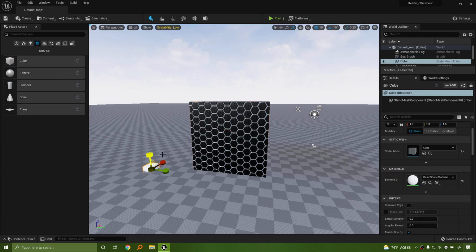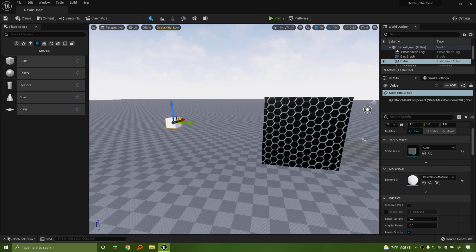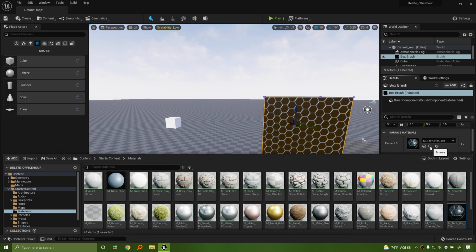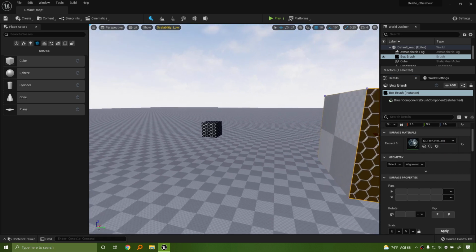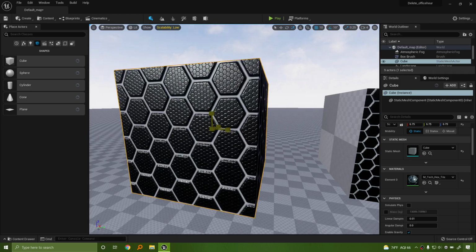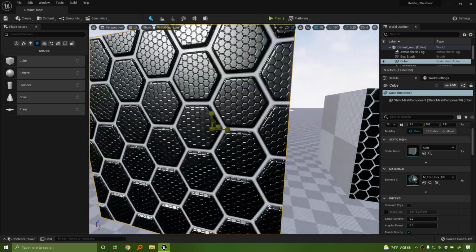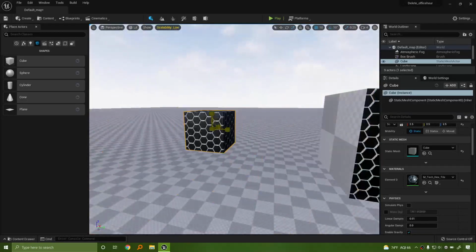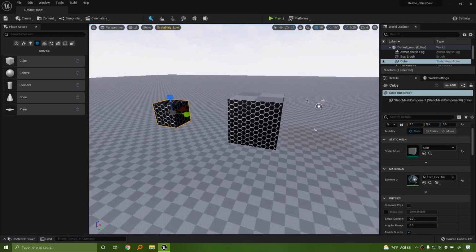A little tiny baby cube here. We'll have this floating so we can tell them apart. I'm going to click on this box and browse to this texture so I can apply it. Now the behavior is going to be the same. You see that the texture gets bigger as the box gets bigger. So I'm using the scale tool.